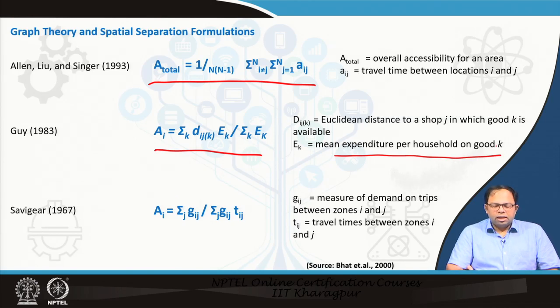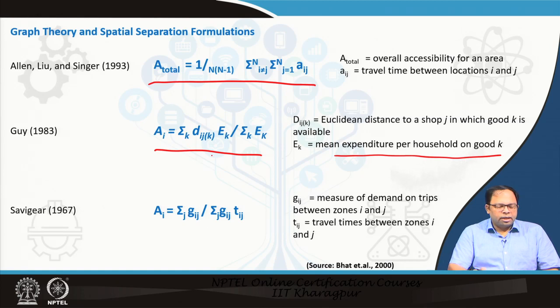What it means is that we are now trying to determine accessibility as per the different forms of goods. For example, people go shopping for different things at different distances or different locations, and accordingly it's not a uniform measure of accessibility. So we are now categorizing that. When we are talking about distance for each kind of trip, for buying each kind of goods, we are measuring it separately and then summing it up. That is why this equation is in this particular form.